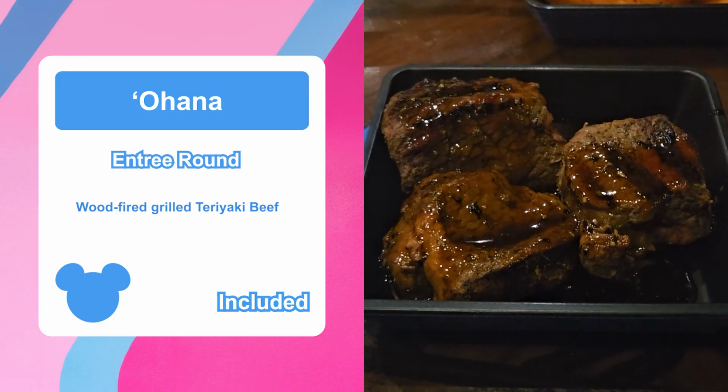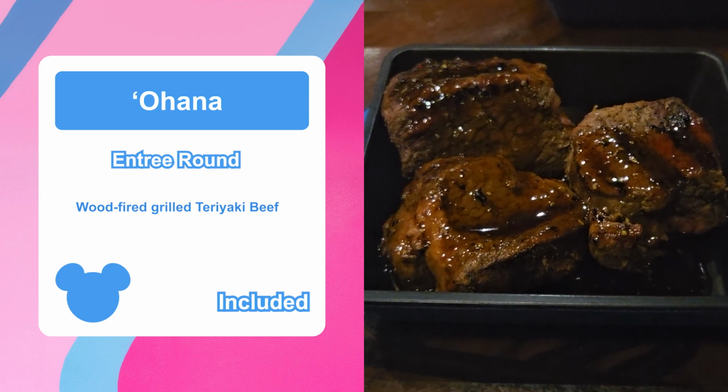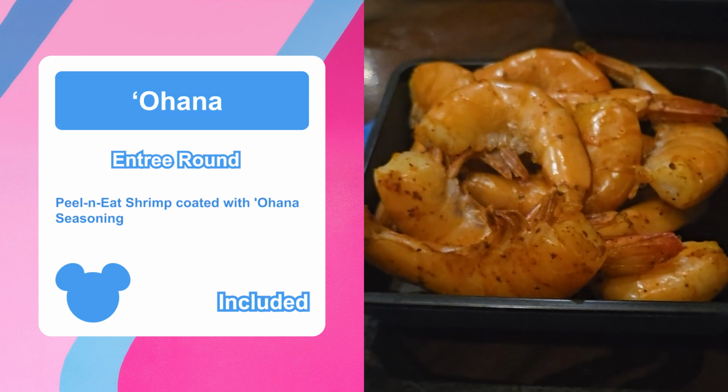I just look at Jason and he is in agreement. They are amazing noodles. I'm gonna have to get a recipe. I might have one already that I've been looking at for a while, so I might try to make these at home. Stay tuned. For the entree round, you get wood-fired grilled teriyaki beef, peel and eat shrimp coated with